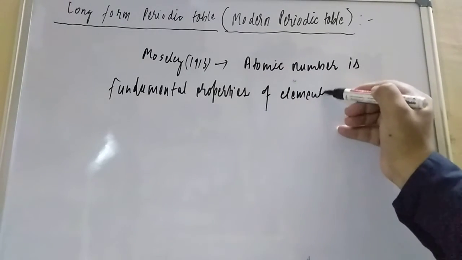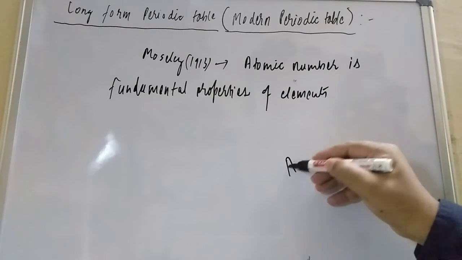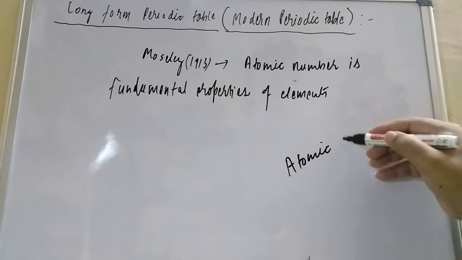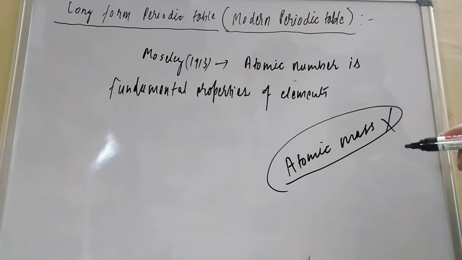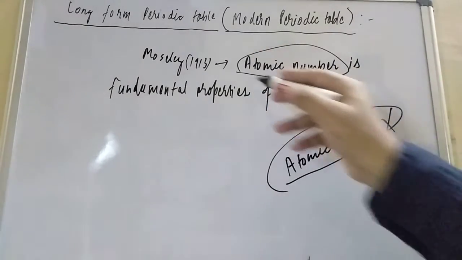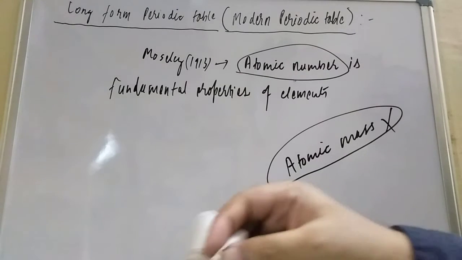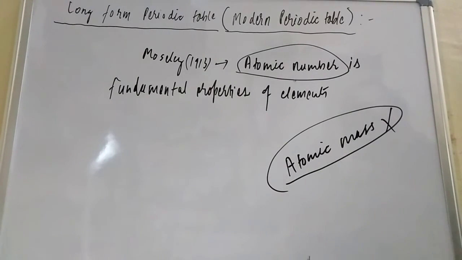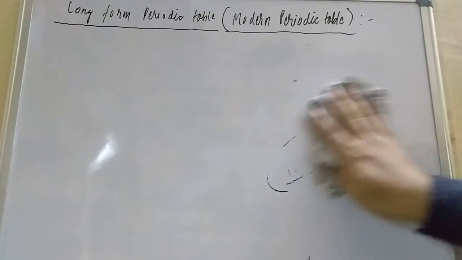Now in the Mendeleev periodic table, the atoms were arranged on the basis of atomic masses. But Moseley, in his X-ray study, said that atomic mass is not the fundamental character of the element. So what is the fundamental character? That is the atomic number. So whatever Mendeleev said has failed. Moseley gave this periodic table with Niels Bohr, and they gave the law, and on the basis of the law they gave the table.